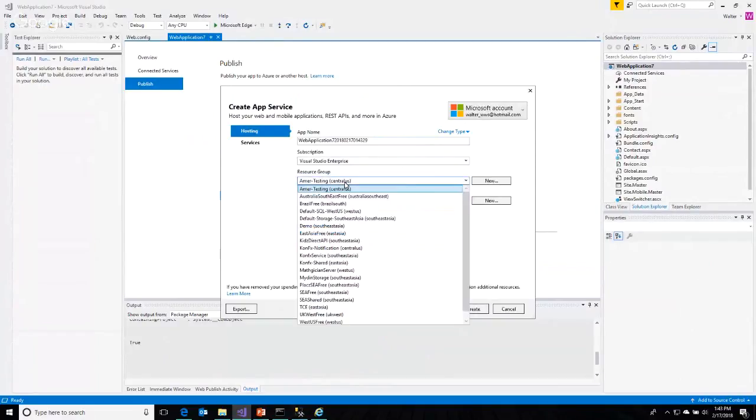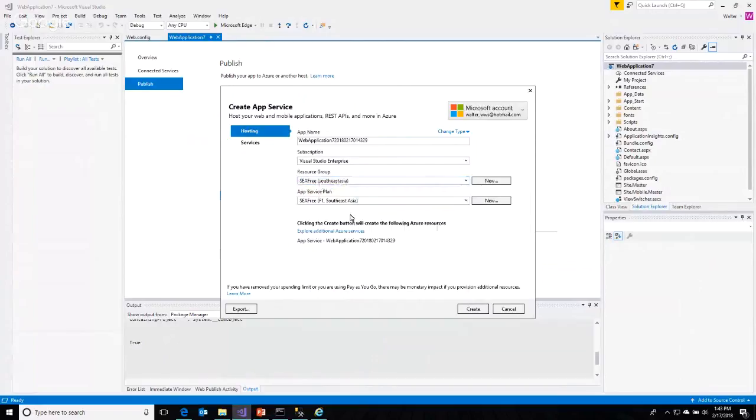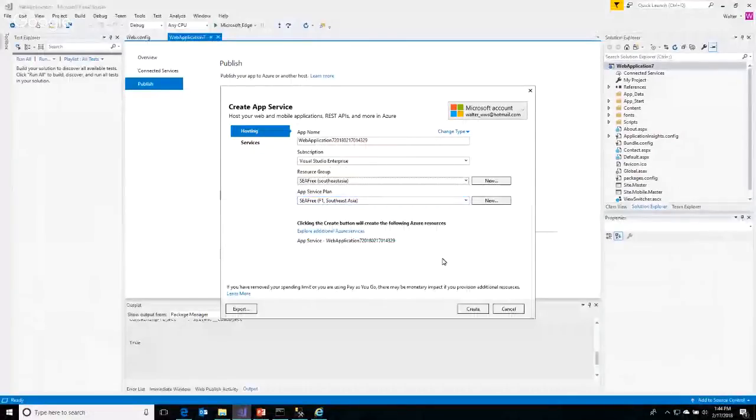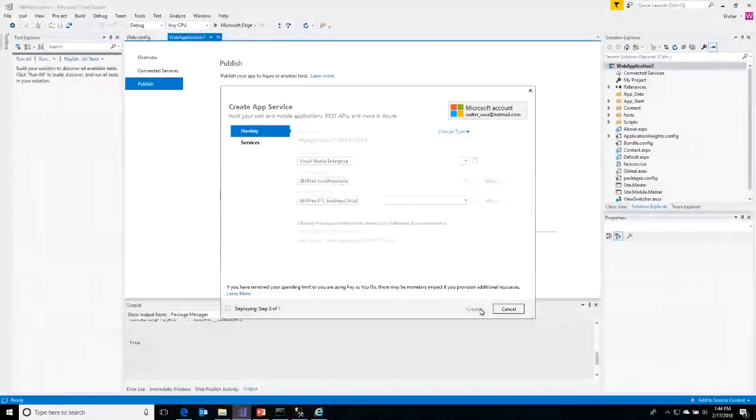I'll explain what exactly is there in a short while. As you can see here, F is actually the commercial plan, which I'll explain a bit more. So I press OK. In about a minute, the whole application will be deployed to the servers. Let's wait for it.